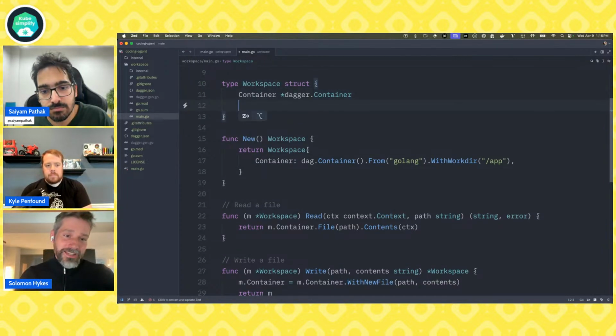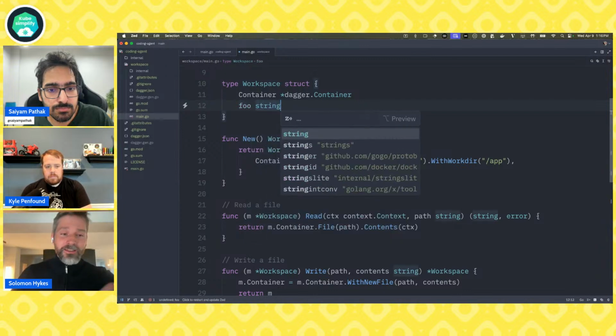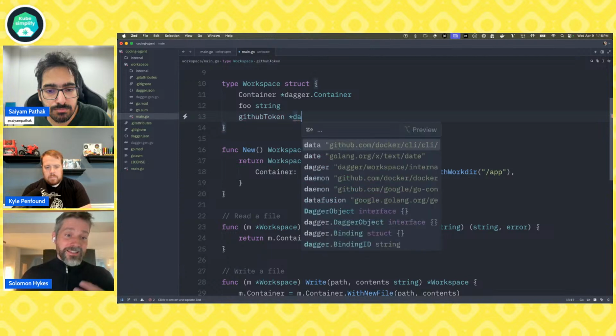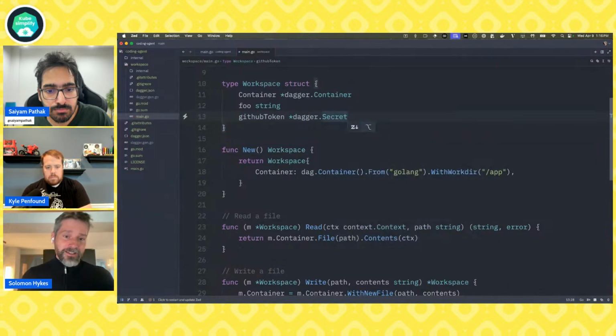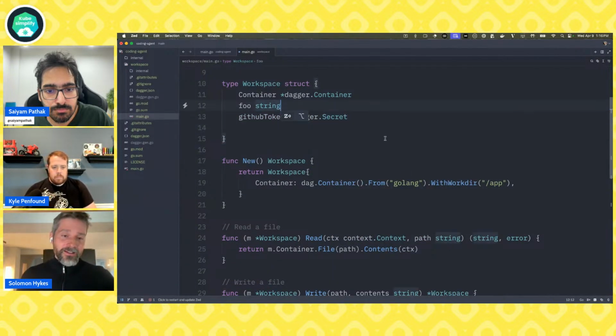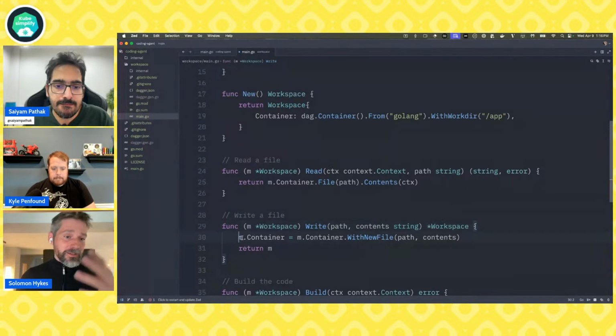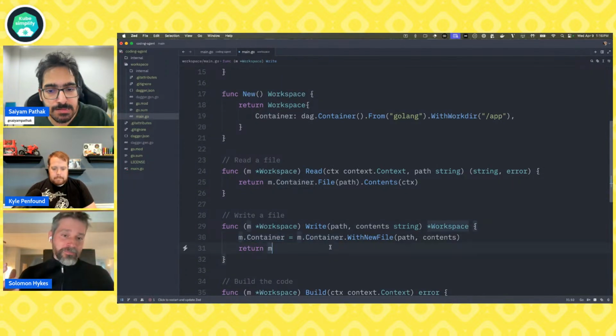It's not just that one container necessarily. You can have the assignment be there as a string. You could have a variety of configuration. You could have secrets, all sorts of data in there. It's an instance of a workspace that you're defining. So when you're writing that write function, you're modifying, it happens to modify one of the fields of the workspace, but it can modify any number of them, and then it returns the modified object.